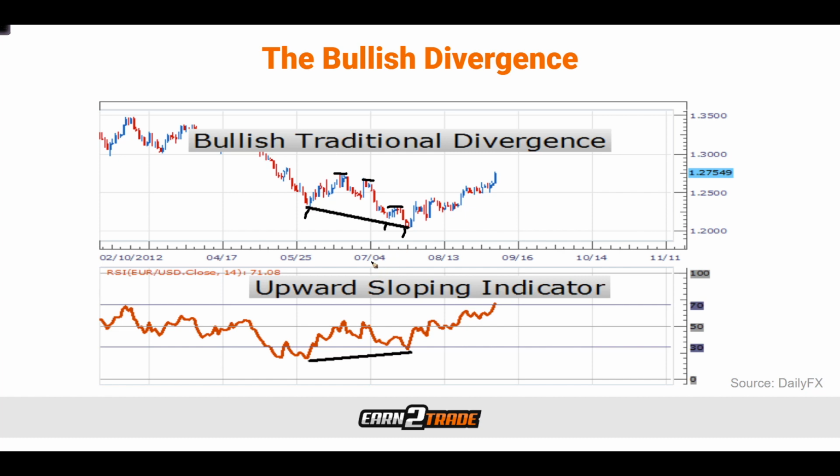Now, when we look down at the RSI during this same period of market data, that's not the case. With the RSI, we have the lows progressively getting higher over time, as you can see over here, as well as the highs progressively getting higher as well. So while one is coming down, the other is going up, and this is exactly what a divergence is.